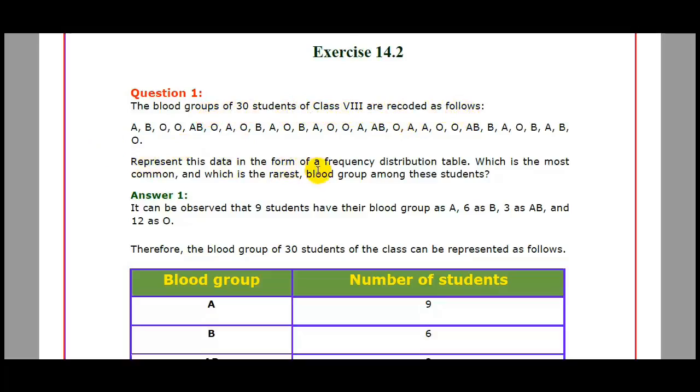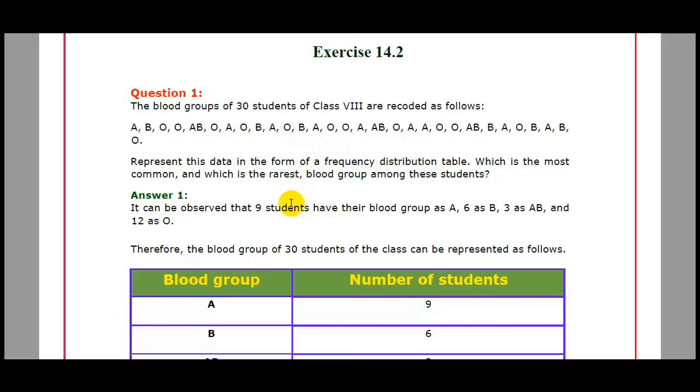Question number 1 says, the blood groups of 30 students of class 8 are recorded as follows. We represent this data in the form of a frequency distribution table, and which is the most common and which is the rarest blood group among these students. So here we are asked to form a frequency distribution table of the given blood groups of 30 students of